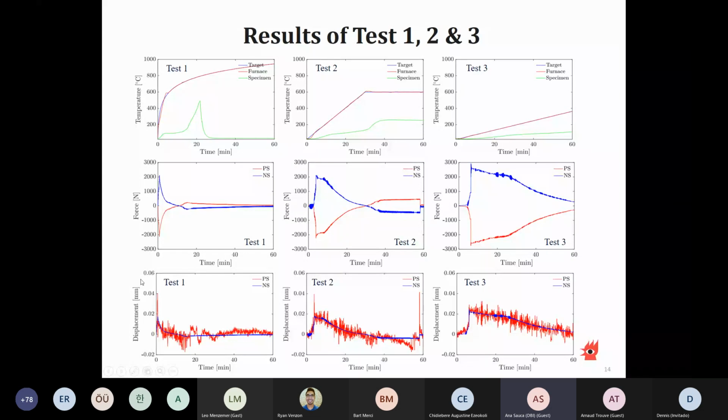Now, if you look at the force versus time graphs, you will notice that I present the force built up in the physical substructure, which is the gypsum plasterboard, but also the force computed on the numerical substructure, which is the steel stud. The first thing you observe when looking at this graph is that these forces are symmetrical. This means that equilibrium is satisfied. And this is one of the conditions that we need to fulfill in order to have a successful hybrid fire